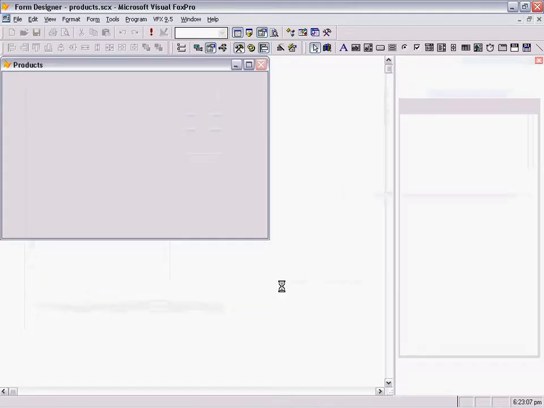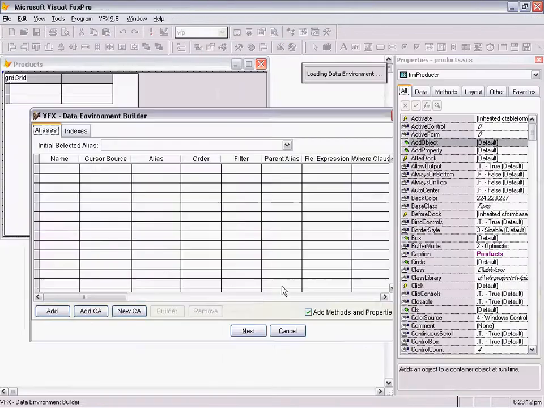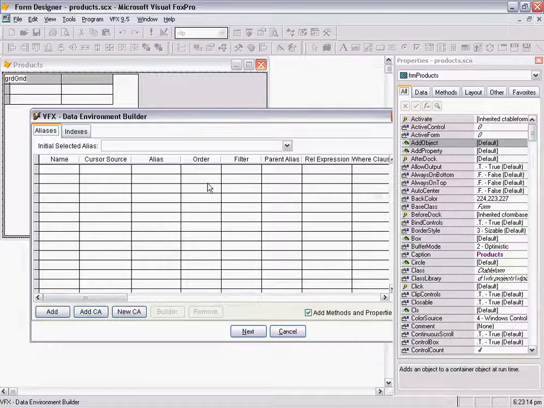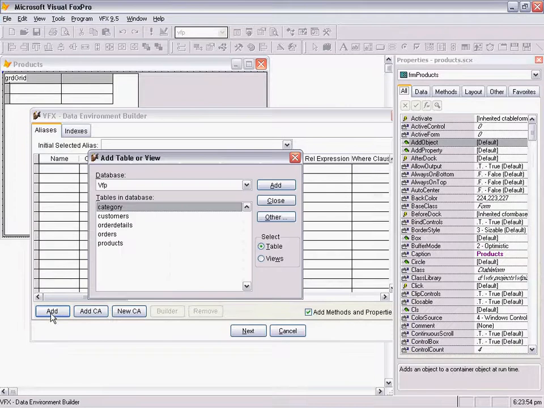Clicking Next opens the Data Environment Builder, and here you can add any kind of data, tables, views, cursor adapters. So you can add cursor adapter objects that are predefined, and you can also build new cursor adapters.